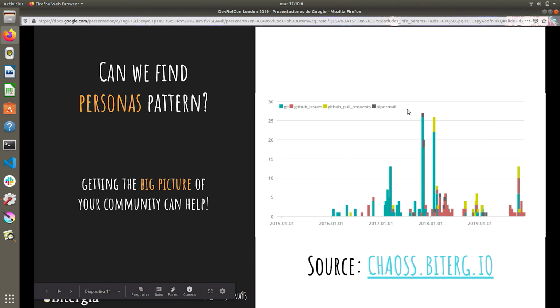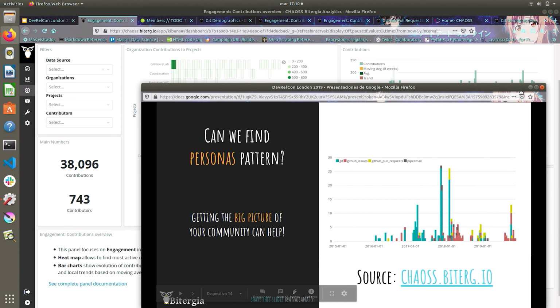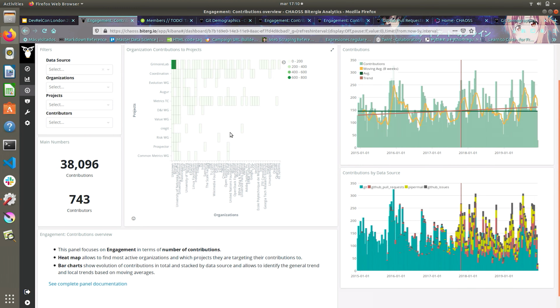And I will go again to my dashboard. Was here? Yeah. Okay, so here we can filter by data source. So we have Git, GitHub pull request, and so on. So that's what the community wanted to track. We can also filter by projects, organizations involved, because this is an open source community. And then we have contributors. So we can search for a specific developer. And I'm gonna search for,